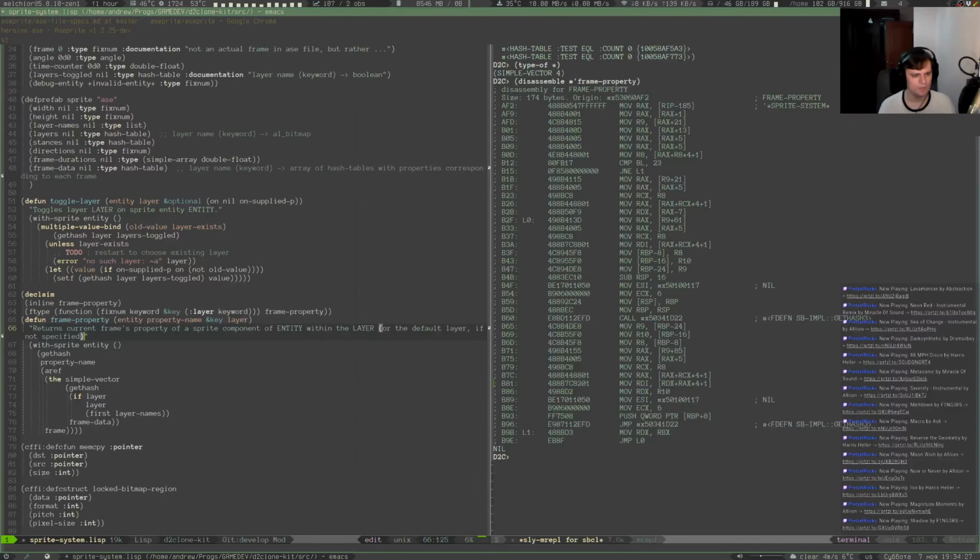Blah blah blah, default layer, returns null